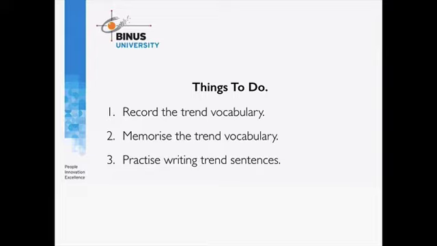So I've provided you with a wide range of verbs and nouns that you can use that will certainly improve the quality of your task 1, but you need to internalize and actually learn this vocabulary. So record the vocabulary, memorize it so you actually know it, and then the step 3 is you need to